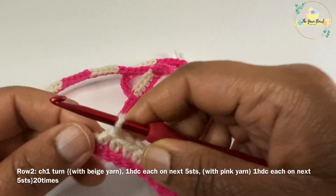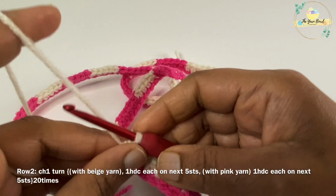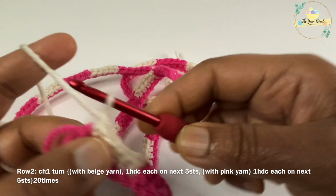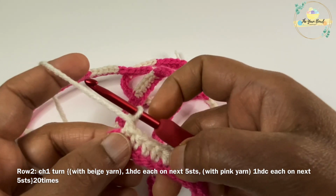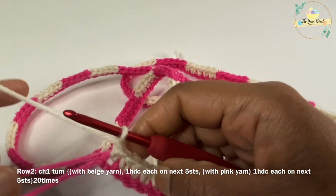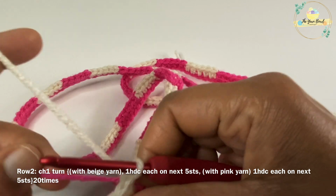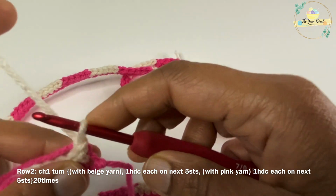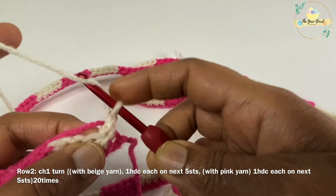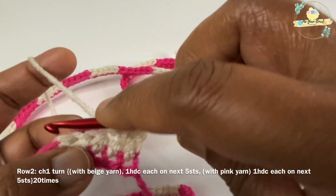For row 2 with the beige yarn, I'm going to chain 1, turn, and then work 1 half double crochet on each stitch for the next 5 stitches, and then change once again to pink, work along the beige yarn, work 1 half double crochet on each stitch for the next 5 stitches. So repeat this pattern till the end, and work row number 3 and 4 also in the same way, and I'll meet you at the end of row 4